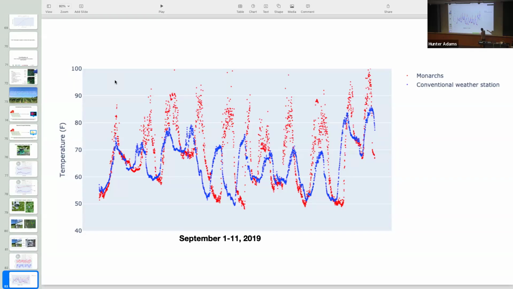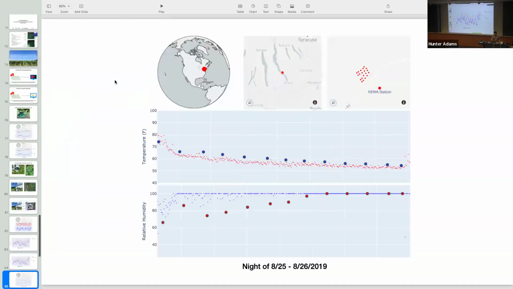But we can make apples to apples comparisons at night. And there's some interesting things to observe here. At night, so this is one evening, you will observe that the Monarchs, which were tucked in the vines, right up next to the fruit, so they're in the leaf canopy, were measuring lower temperatures than the weather station that was out next to the vineyard. They were also measuring much higher humidity. What this indicates is that those leaf canopies are trapping cool, damp air. And what the vineyard managers care about is the environmental conditions right there next to the grapes. And so this was pretty cool.